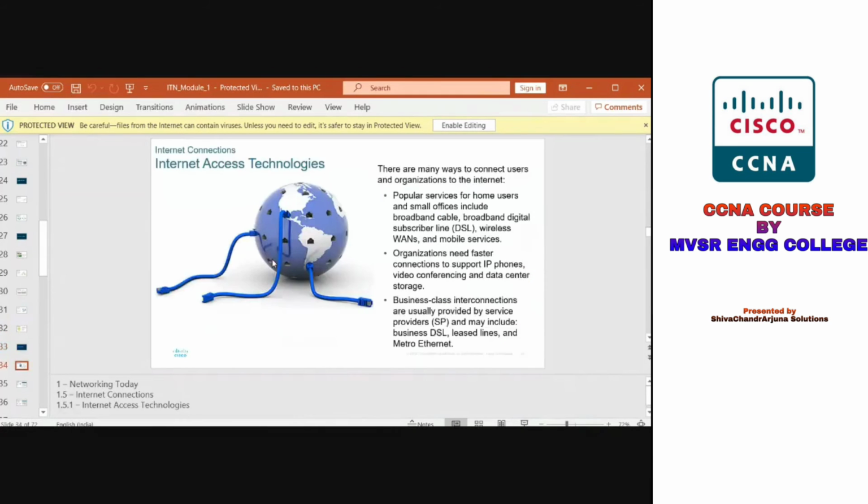Internet connections. For internet connections, you can use DSL, digital subscriber line, wireless WANs, or mobile services. They can also support IP phones, video conferencing, data center storage, and service providers, and also include DSL lines and metro Ethernet.